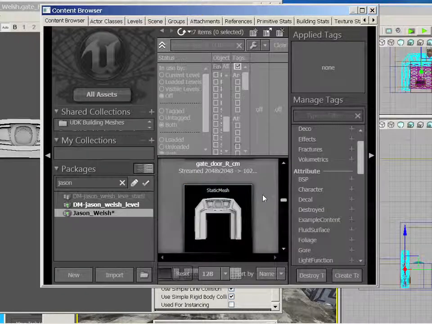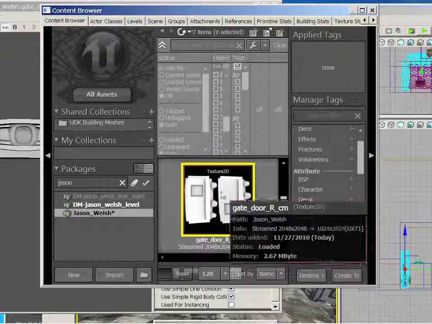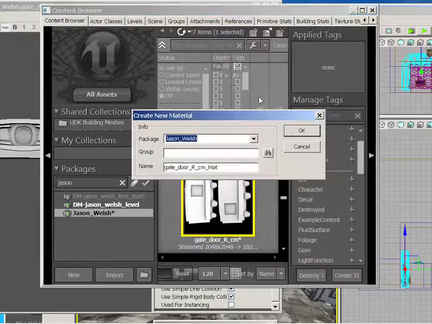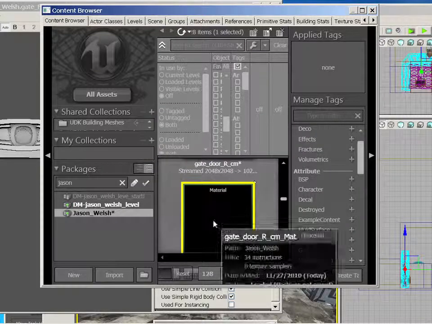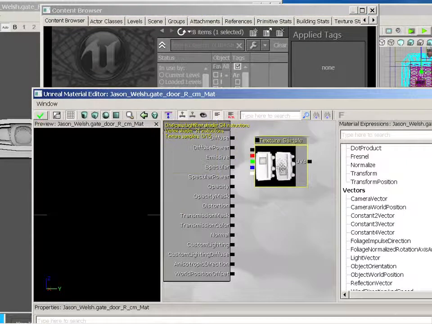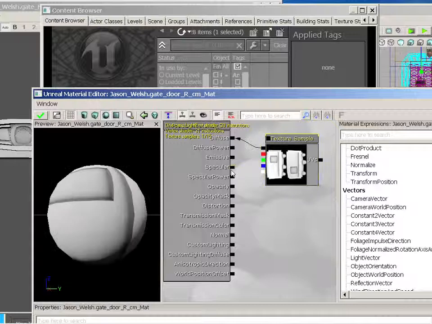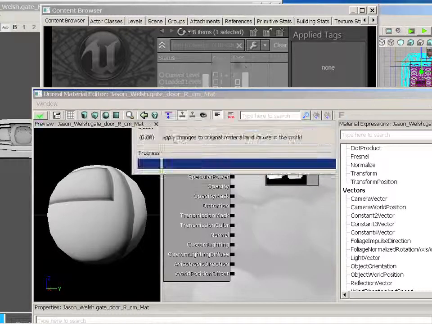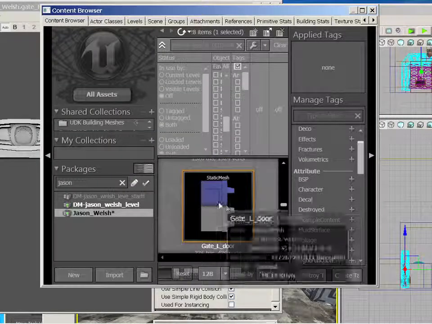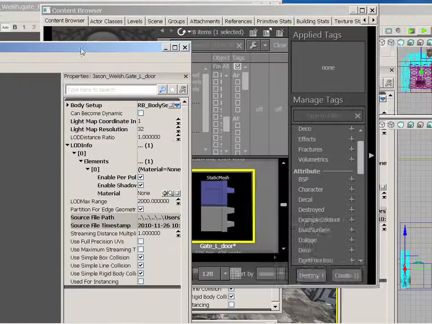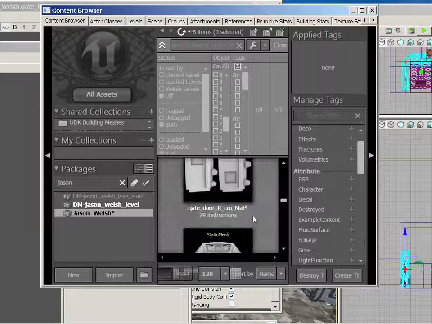Then lastly is this one. So let's find this one. Here's the texture for it. Right click on it, create a new material. Go to that door, find that material,